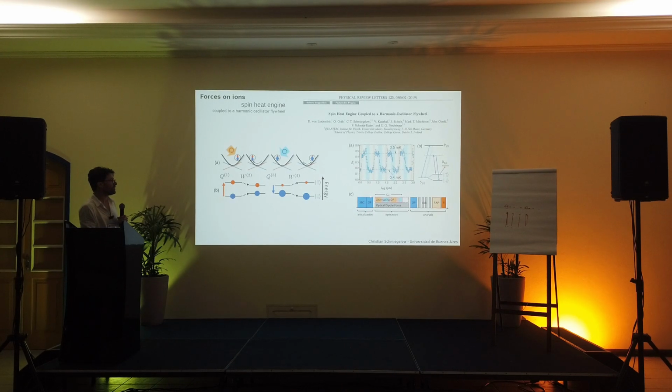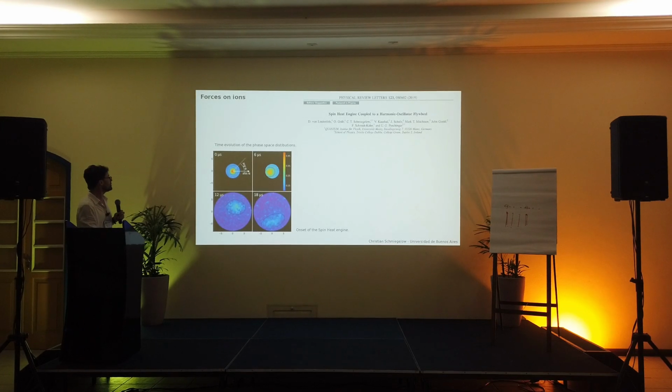This is how the experiment went. You first cool down and initialize your atom, you do some optical pumping to the given state, and then you alternate the temperatures by alternating the spin polarizations, and at the same time you apply an optical Doppler force. And at the end, you apply a sequence of pulses which allows you to analyze what the final movement of the atom is. And what you see is, so these four